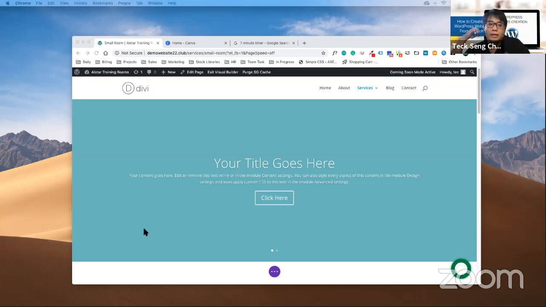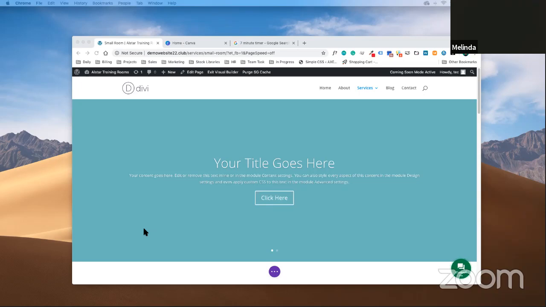Melinda, there's an edit with DV. No, I'm at this small room, the picture. So where do I go after that? Small room, the page, right? There's an edit with DV button. Yeah, correct. Click on that.